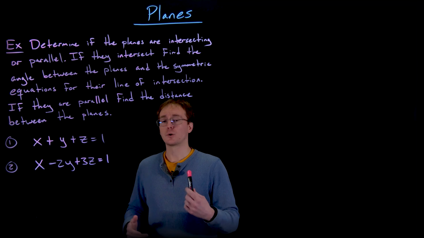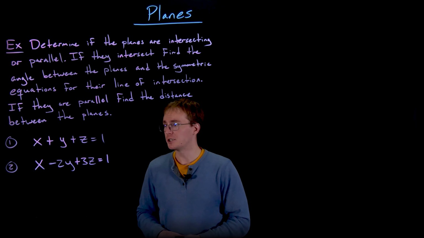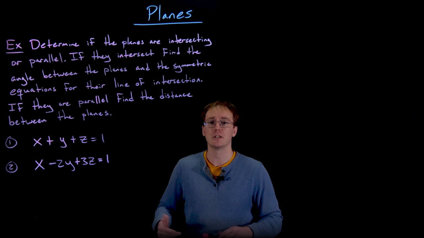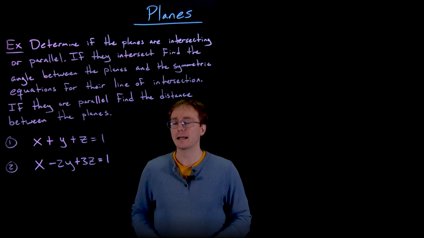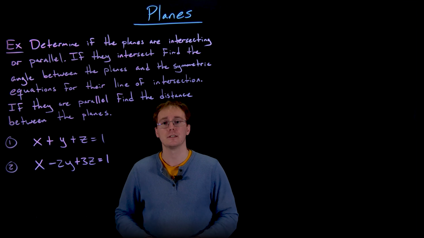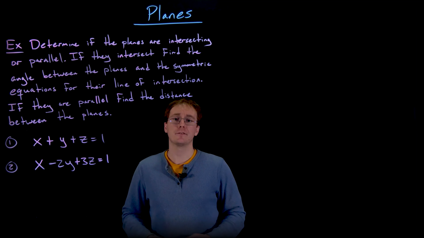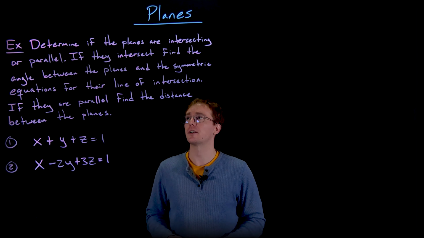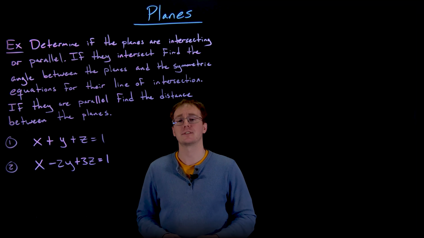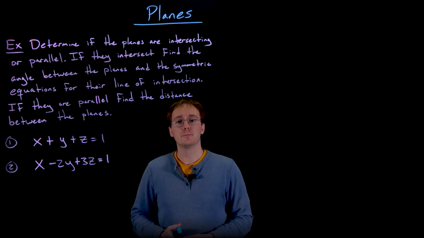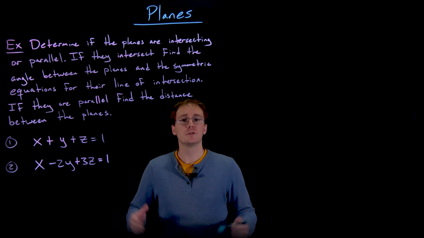two planes. And so our first plane is given by this scalar equation, x plus y plus z is equal to 1. And our second plane is given by the second scalar equation, x minus 2y plus 3z is equal to 1. So the first thing we have to do to figure out which set of problems we're going to try to solve is determine if the planes we are given are parallel or intersecting. And so we do not need to graph these two planes to figure this out, but some visualization will help